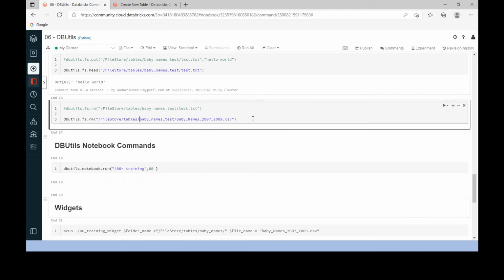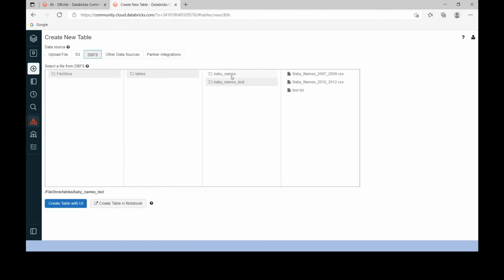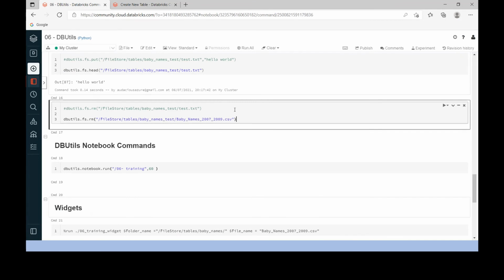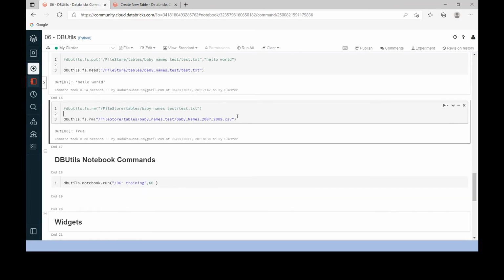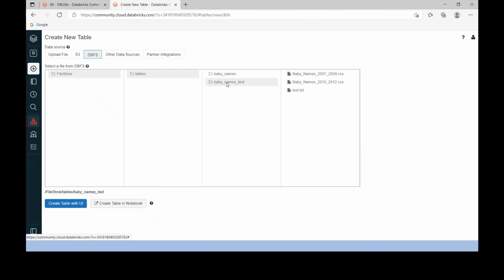Before executing, let me show you this folder, baby_names_test, that is containing the file baby names 2007 to 2009. So let me execute this one. Execution is successful. Let me check the folder once again. See, the file got removed. It got deleted from this location.